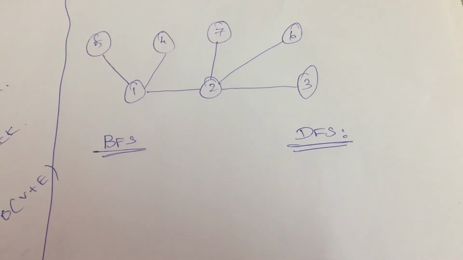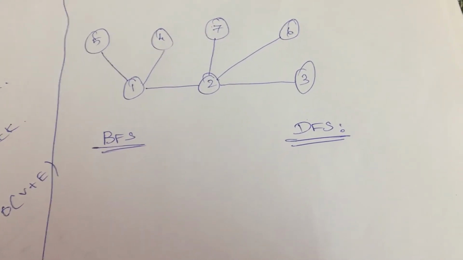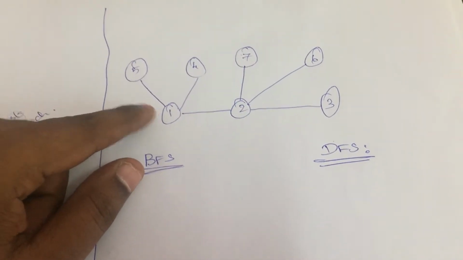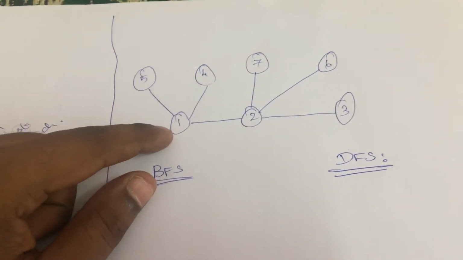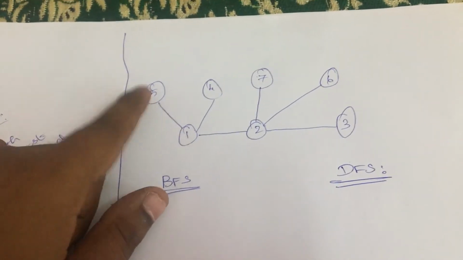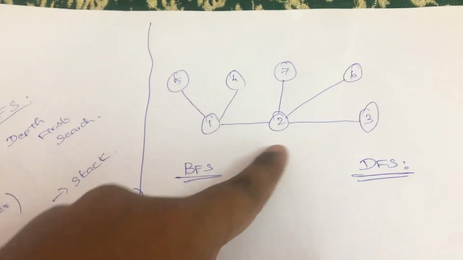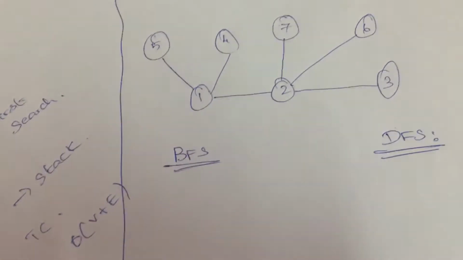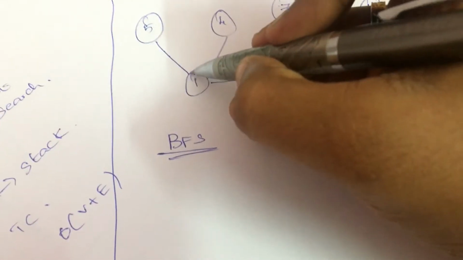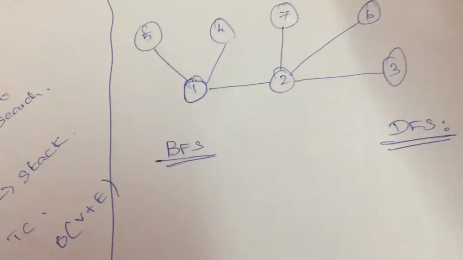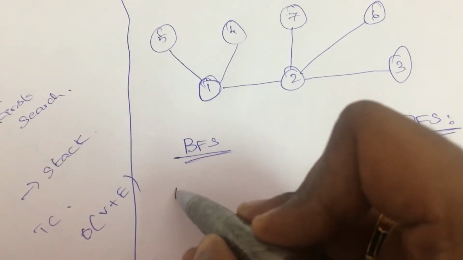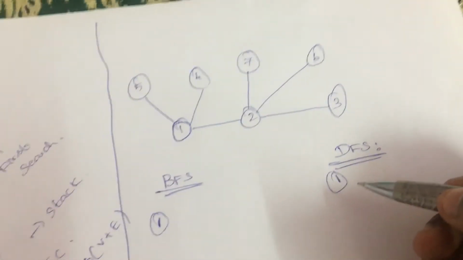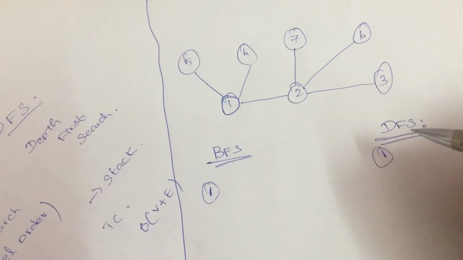Now let's try to understand how the BFS as well as the DFS logic works. In the first case, we have a graph over here with exactly 7 vertices: 1, 2, 3, 4, 5, 6 and 7, connected by some edges. The starting vertex can be any vertex from the graph. Here for BFS, I'm going to assume my starting vertex is 1, and the same for DFS. First let's complete the traversal of BFS, then we'll move on to the DFS technique.